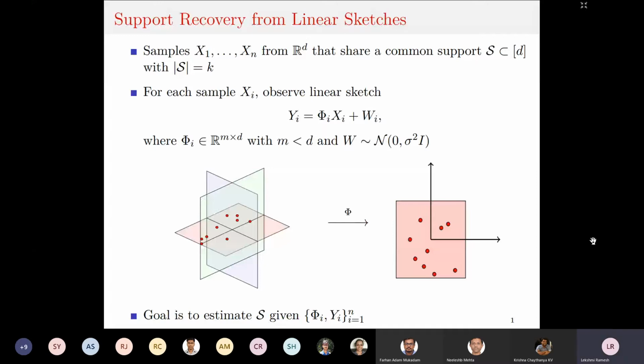How this set can be estimated. Dimension, or what is the... I think something went wrong. Is the screen visible? I think there are some connection issues. We can see the slide which has these 2 figures, the first slide basically. Okay, yeah, I think some connection was lost in between.